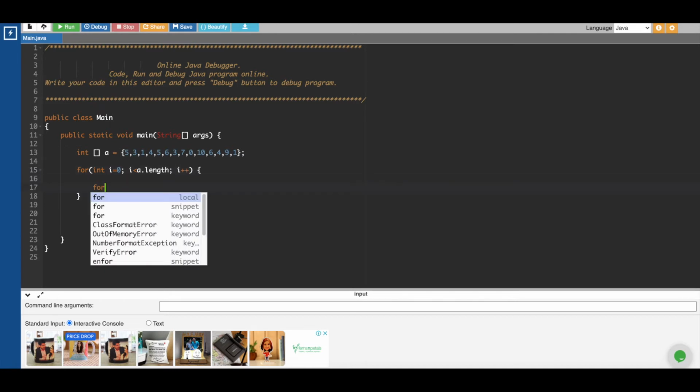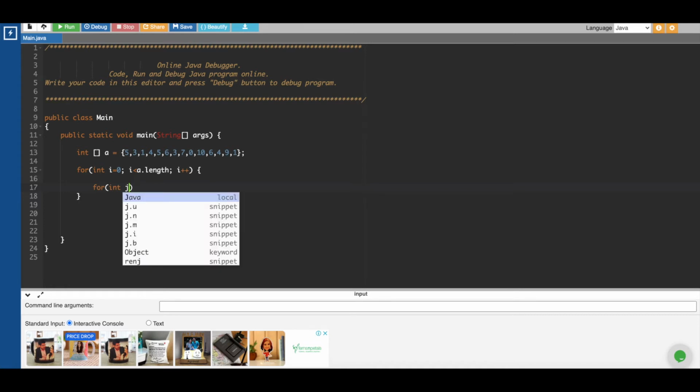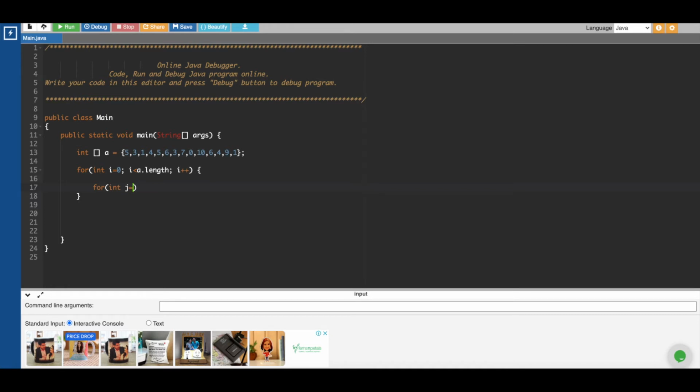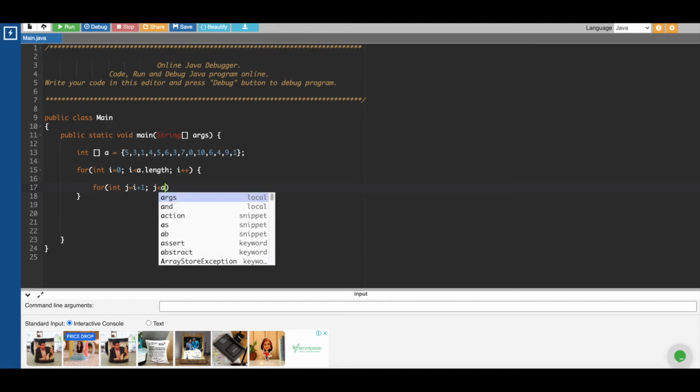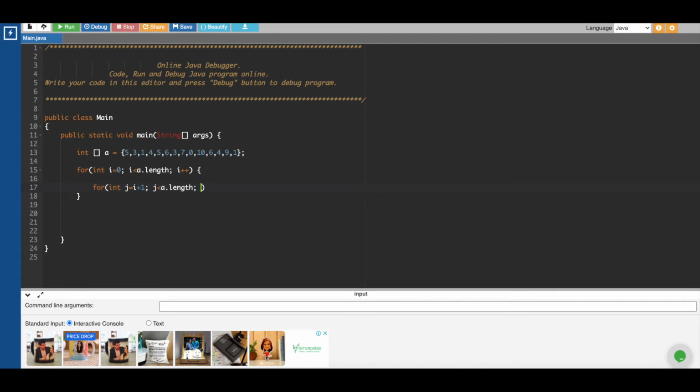Now another for loop which will iterate from the next element, and this will again run till the length of the array, j plus plus. Okay, now we have two for loops: one for loop is running to the length of the array, the second for loop is running from the next element.